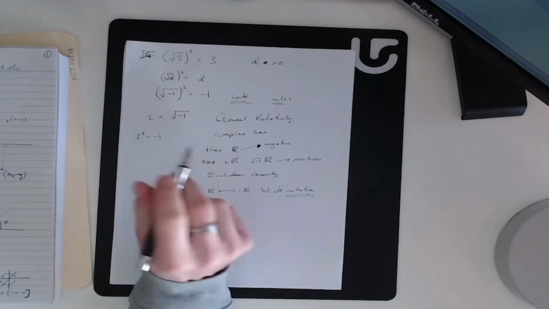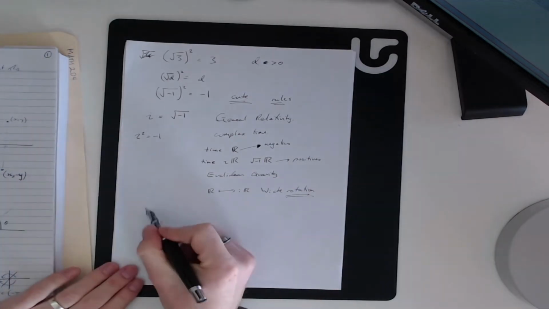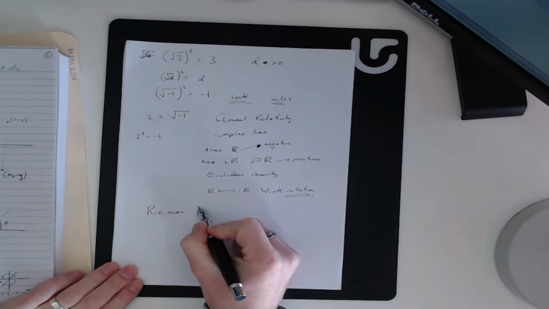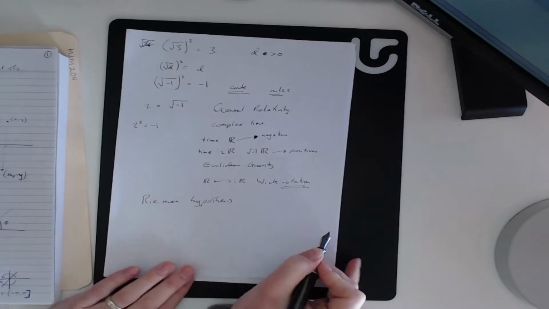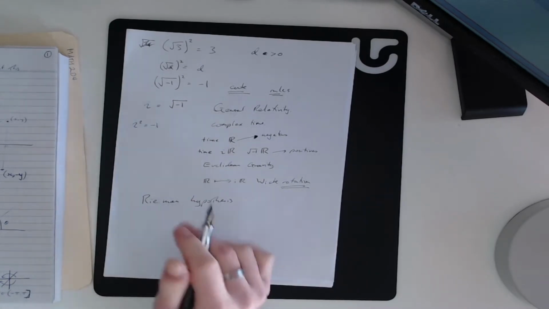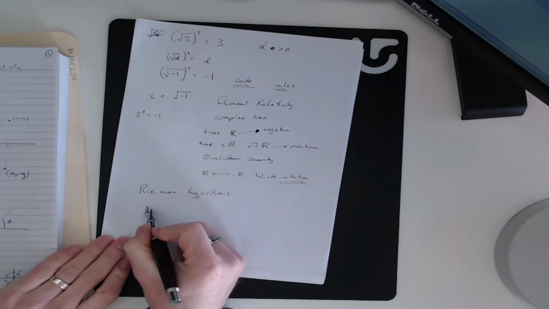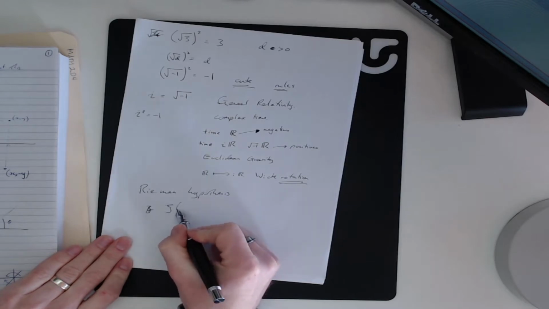And complex analysis comes up all over the place. For example, the Riemann hypothesis, which I don't really want to describe because it's going to go quite a long way out of the way, and there's some material you need to see before you really see this. But anyway, the Riemann hypothesis is that a certain function, which I always write incorrectly,